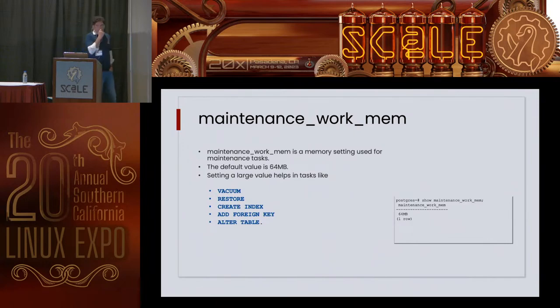Another parameter is called maintenance_work_mem. This is work memory, but for maintenance purposes. Like if you want to run a vacuum, that also requires memory, but that's a maintenance task. You don't need to set that value for a long time because you don't run vacuum often; if autovacuum is running, there is no need to run vacuum from time to time. But for the restore command, when you're creating an index, when you add a foreign key,